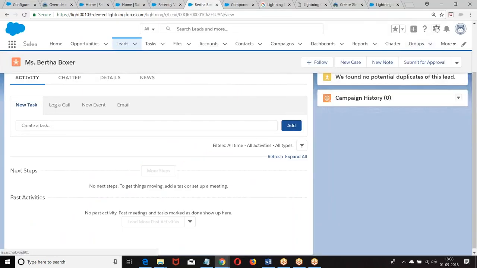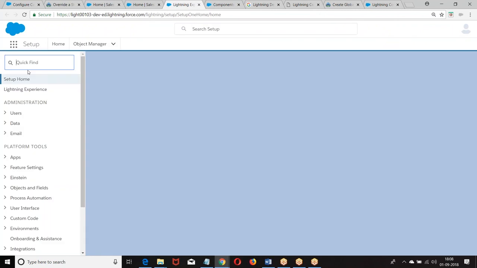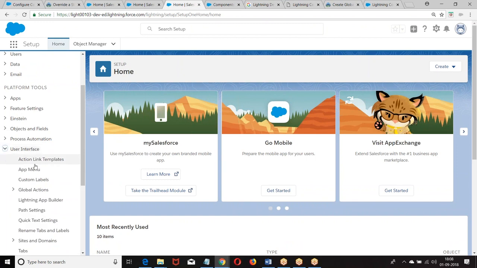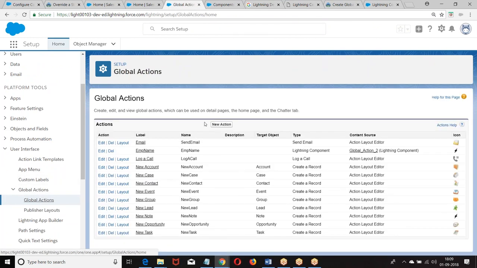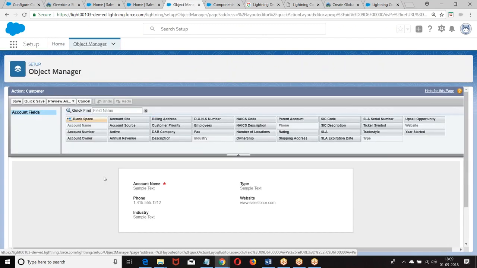Look at this one more time. Setup, platform tools, user interface, global actions, new action, create a record, choose the object, customer name, then save. After saving it, you're supposed to manage the fields and click on save.